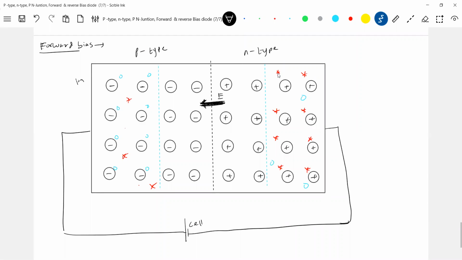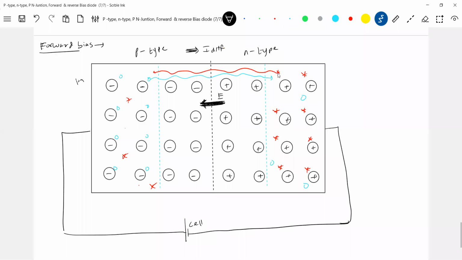Now, what will happen here? Let's see that. So earlier what happened? The most energetic holes, they were able to move. The most energetic electrons, they were able to cross on their own. Am I right? And similarly, the most energetic holes were able to cross on their own from P to N type. And the most energetic electrons were able to cross on their own from N to P type. And that is the diffusion current, no? And we showed it like this.